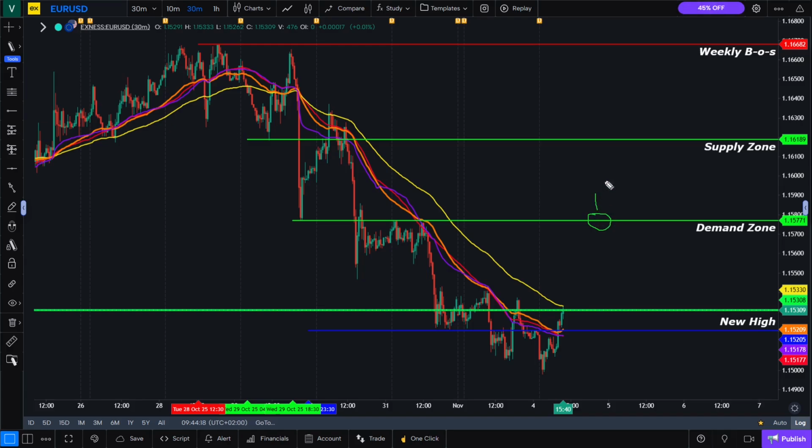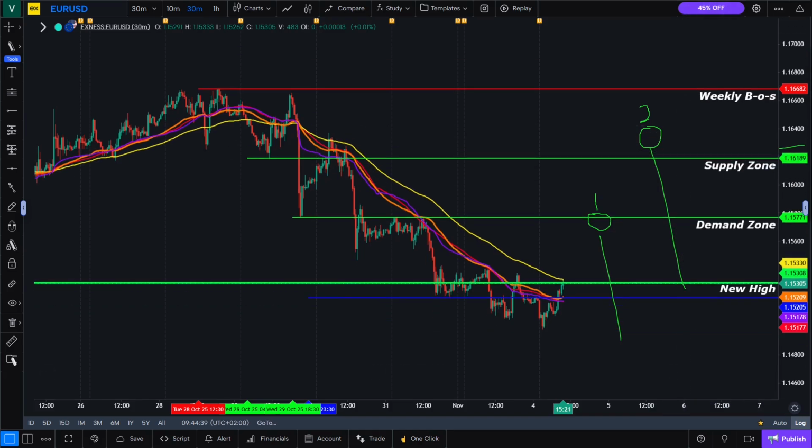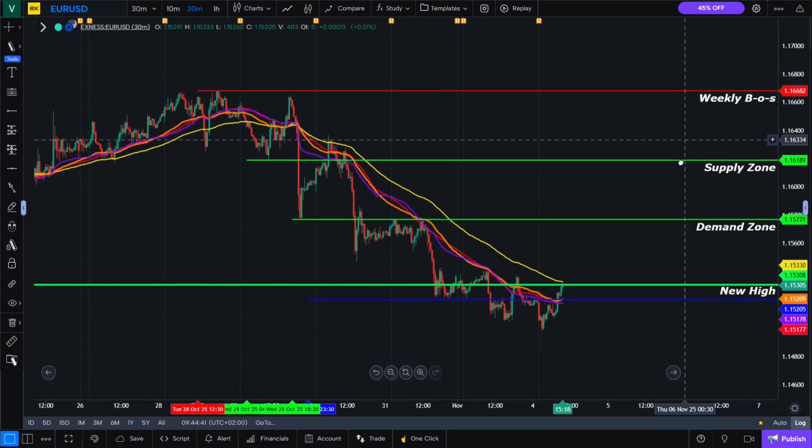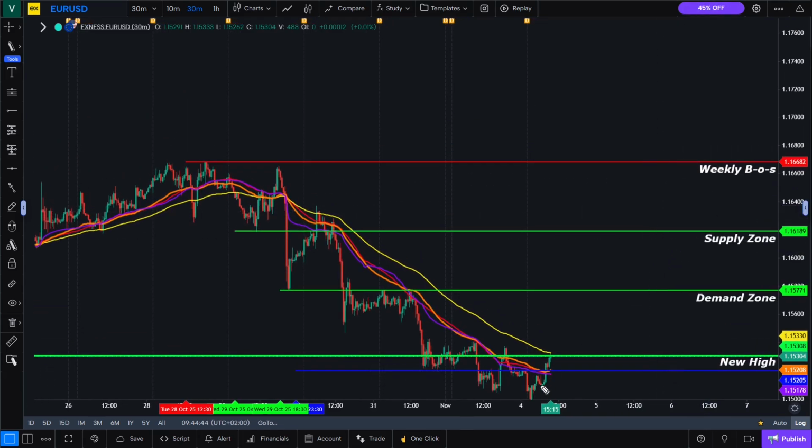So with that being said, traders, I want to repeat, this is still the ideal place to look for bearish patterns and formations. This is the first place to look for selling opportunities, and the second place to look for selling opportunities is right here or at 1.1618. This would be a great place for you to look for selling opportunities to the downside either on these places. And to remind you again, traders, the only time that we as traders would be looking for a selling opportunity is if the market reaches this weekly break of structure and then a continuation to the downside to retest this supply zone, which will now be